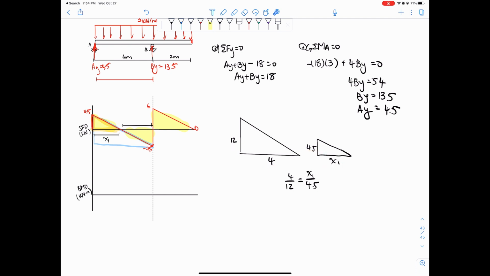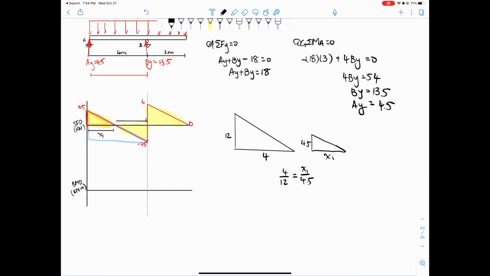It doesn't matter. Or even you can use this triangle. But the key thing to remember is the other triangle comes from here. Or maybe you can use this one and this one, right? But similar triangles all apply, okay? So once we have 4 divided by 12 times 4.5, we find that x1, which is this length here,